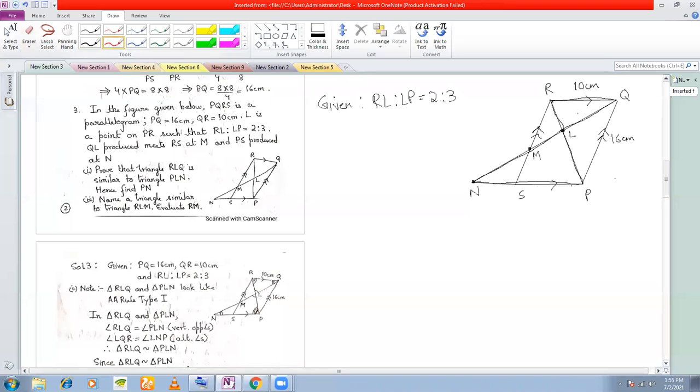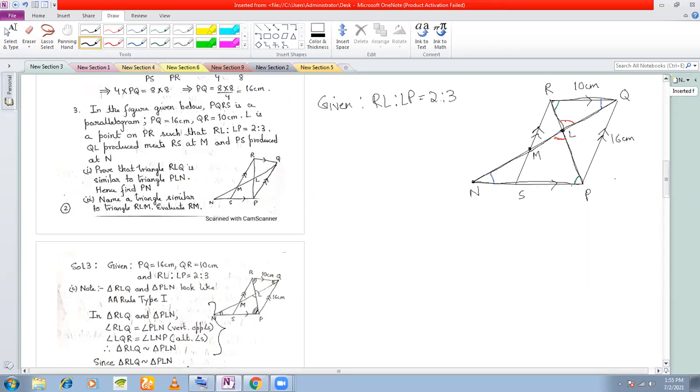How? These two angles are vertically opposite, right? What else? These two angles are alternate angles. So that means these two triangles are similar, right? So I think you can write it down. I have mentioned it over here. You can check it. Fine. And the third angle also we mark. This angle is equal to this angle. Fine. So now we write down the proportional sides.